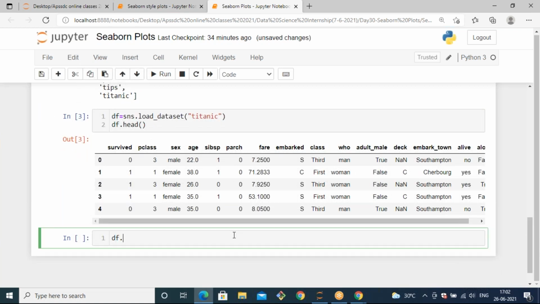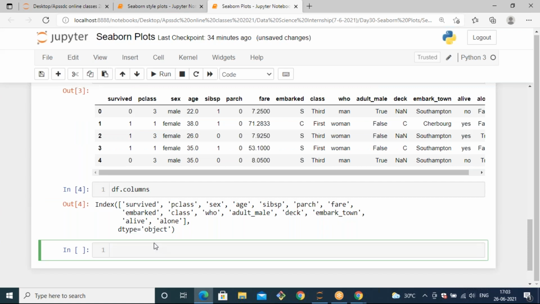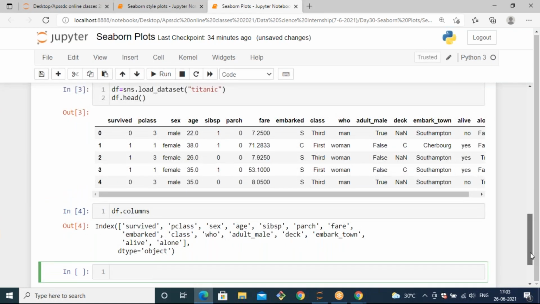So let's find out the columns. If I want to get the columns from the dataset, how can you get it? Yes, df.columns, so that it will give you the column names from the dataset. So these are all the columns that we have. Based on these columns, or based on the dataset data, you can understand your target and the rest of the input features.